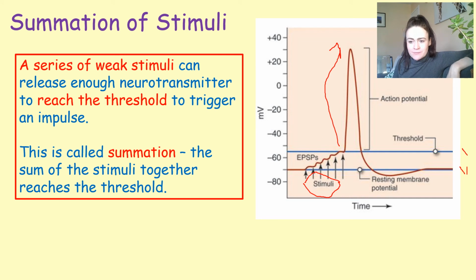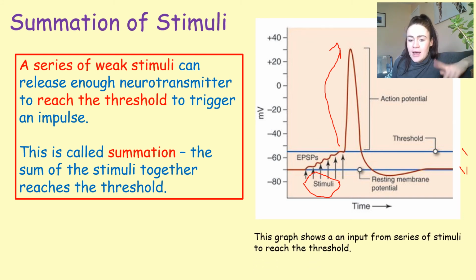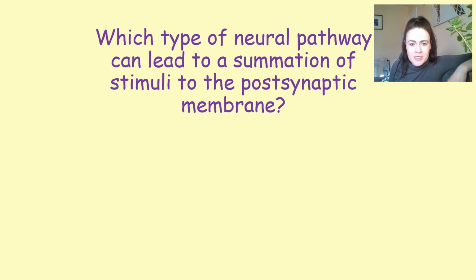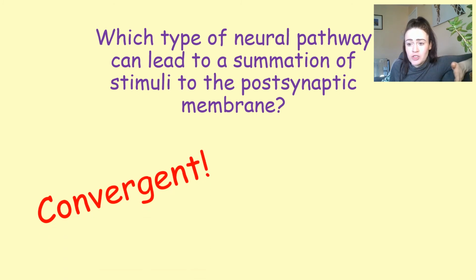and then we can send our impulse. Now, hopefully, you're all thinking, oh, I remember something about one neuron receiving signals from lots of different neurons. That would be our summation of stimuli. I hope you are, because which type of neural pathway will lead to the summation of stimuli at the postsynaptic membrane? This is going back to Key Area 1 of Unit 3. Drum roll, please. You can do that yourself. It is, of course, the converging neural pathway,